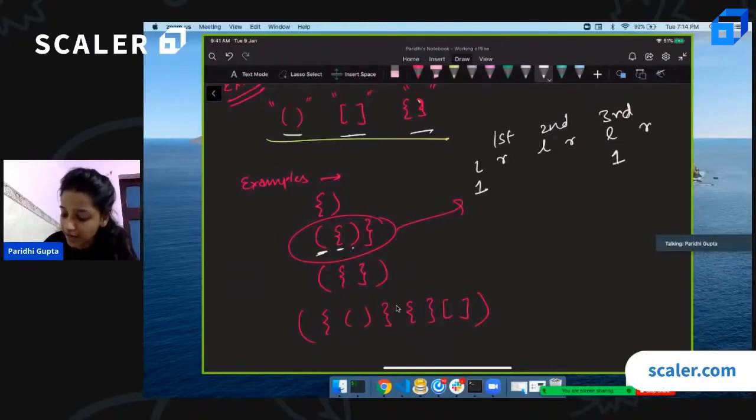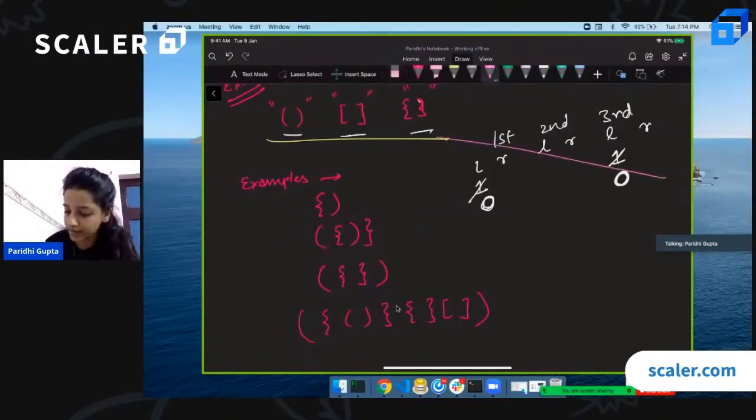First's right: we have found a right bracket and this becomes 0. Then we have third's right, so this becomes 0. But is this valid? No, it's not valid because the order is different. Order doesn't match.